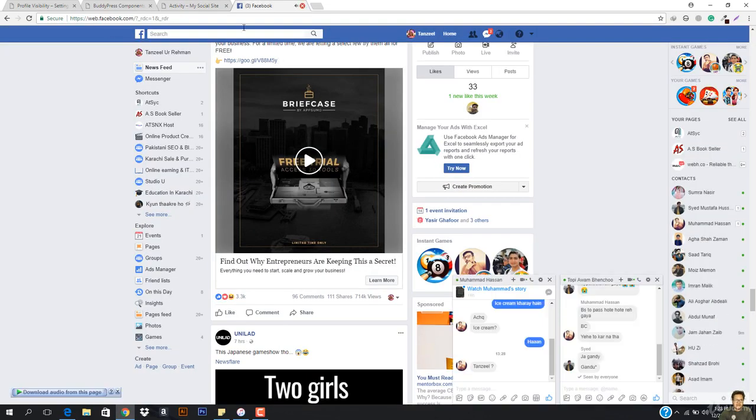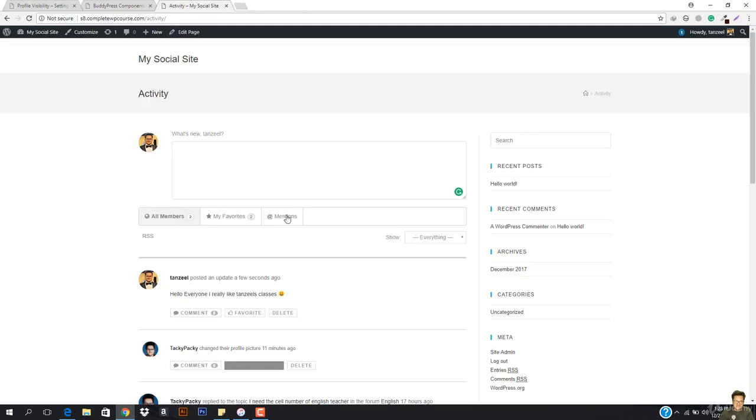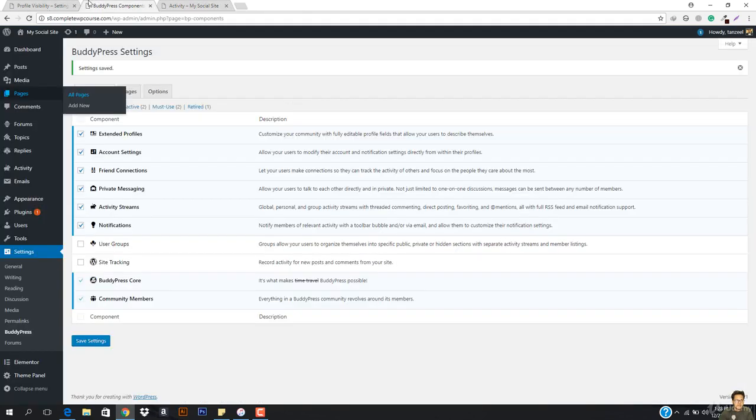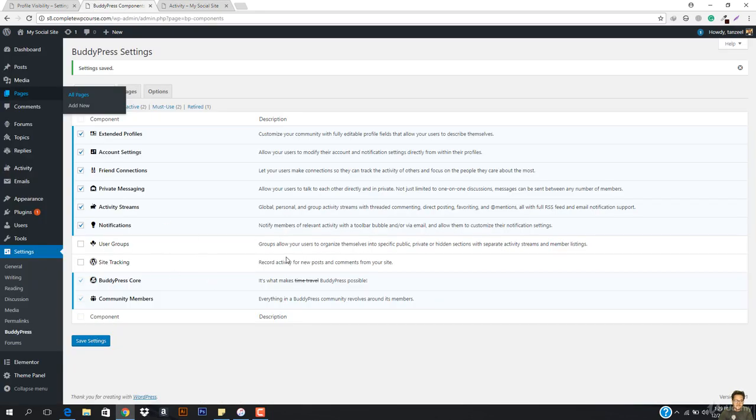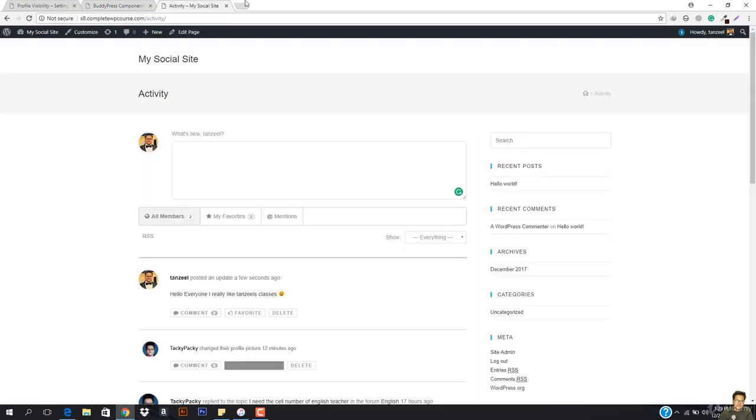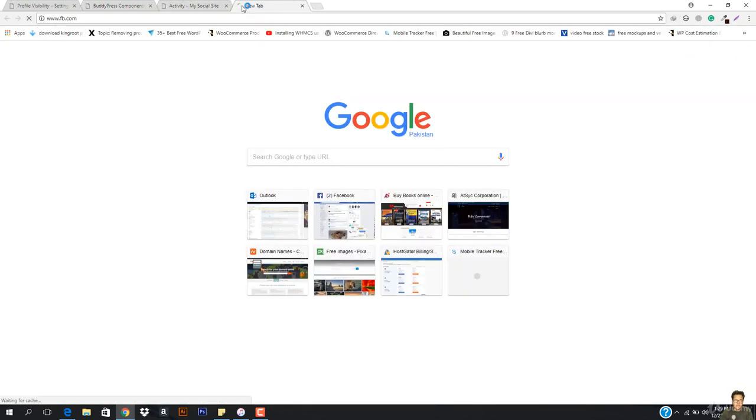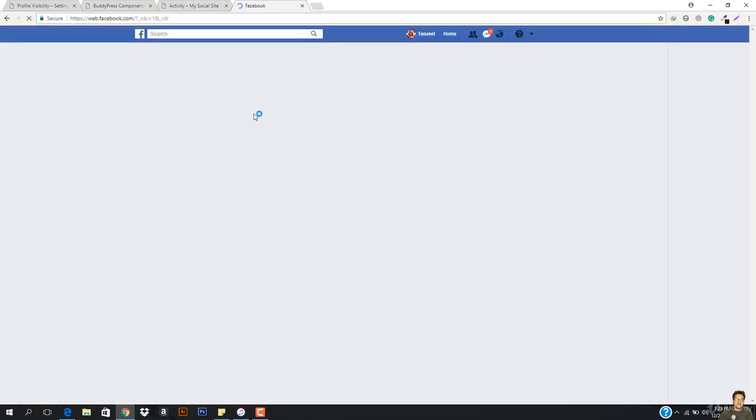I'm just gonna go ahead and close my tab so that no notifications come up. Okay, so now we have the notifications. Notifications, you guys already know about it, I think more than myself. So now I have the user group. A group allows users to organize themselves into specific public, private, or hidden sections with separate activity streams and member listing. What this means is that if you just go to facebook.com,